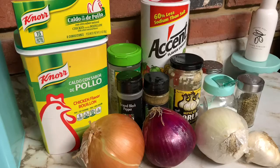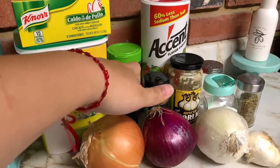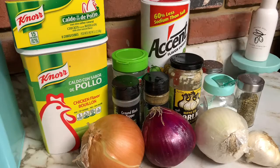This is a must for me. This is what I always have. I mean, this is the flavoring. Obviously the Lawry's seasoning as well, the red one, but I use that for certain dishes, not all. I don't have any more of that one. That one ran out. I haven't bought any. But these are the main ingredients that I use at all times, and you will always find in most of my